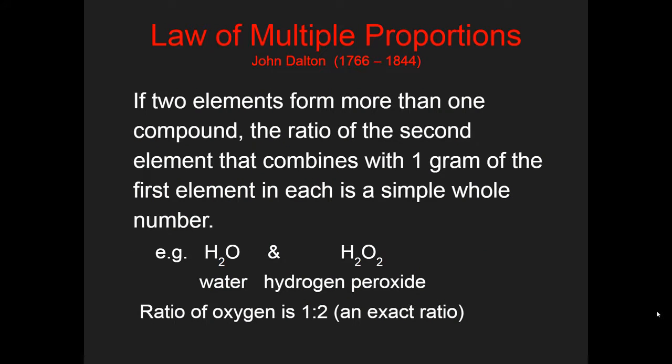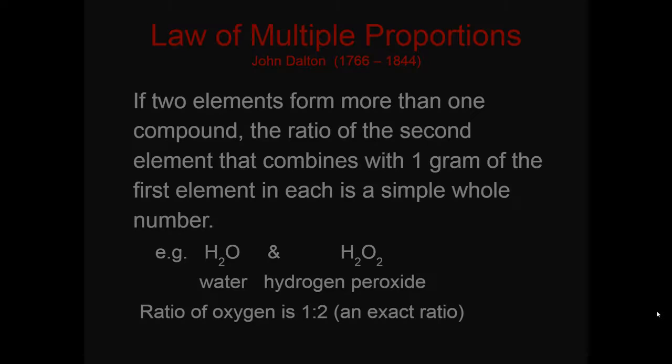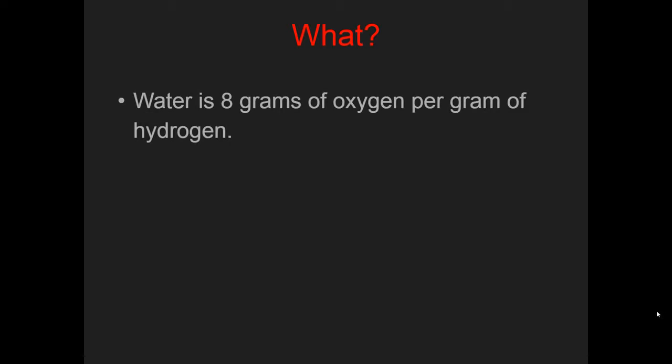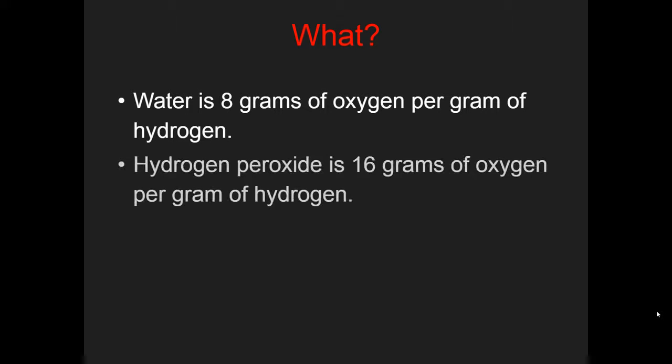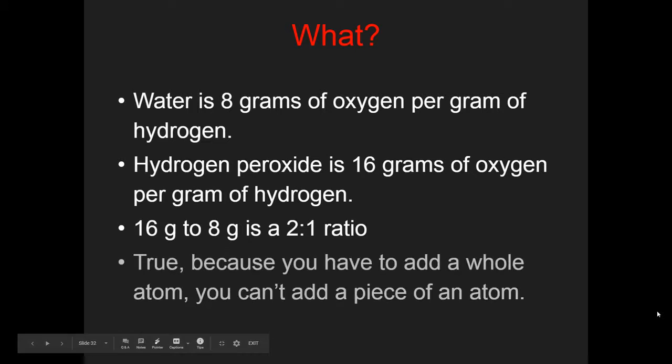Here's an example of this. If I take water and I take hydrogen peroxide, they're both made out of hydrogen and oxygen, but hydrogen peroxide basically has 2 oxygens. If we compare the ratio of oxygens between water and hydrogen peroxide, it's always going to come out in a 1-to-2 ratio. Now, why does this make sense? Why is this happening? Basically, it's always going to come out as a whole number ratio because you always have to add a whole other atom to